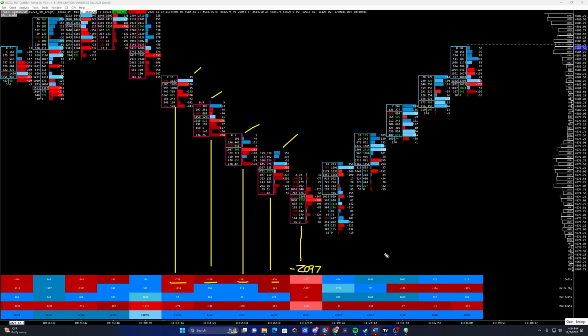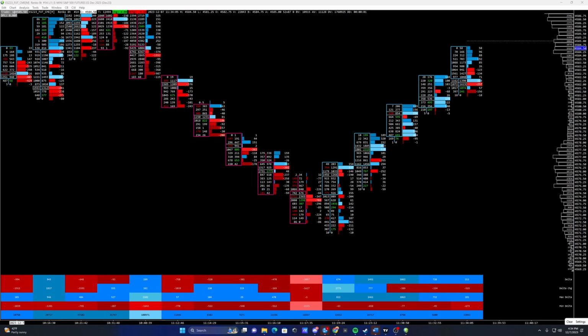What does this mean when we have a negative delta that's this large off of a move like this? In order to get a negative delta this large on a print that did not last very long, we would need some passive buyers sitting in this area buying up all of the aggressive selling. So if you're looking at the DOM, you're not going to see someone sitting here with 2,000 contracts or 3,000 contracts or 4,000 contracts. If there is a larger player, an algo, a firm, whatever you want to call it,